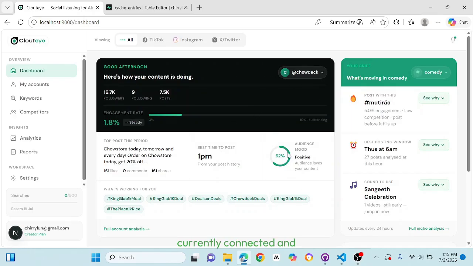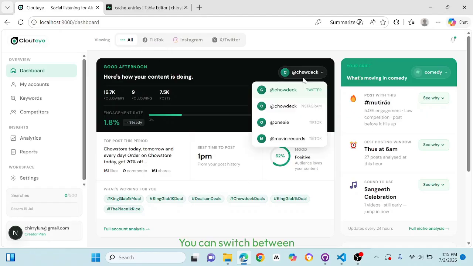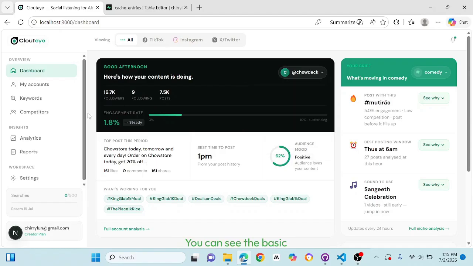currently connected and tracking. That's your own personal accounts or brand accounts that you're tracking. Here you see the three toggles where you can switch between the platforms you want to check. Specifically here, this basically provides all of them. You can switch between the accounts you want to view the information for. In this case, starting with ChildX, Twitter, you can see the basic information of what you would already have on